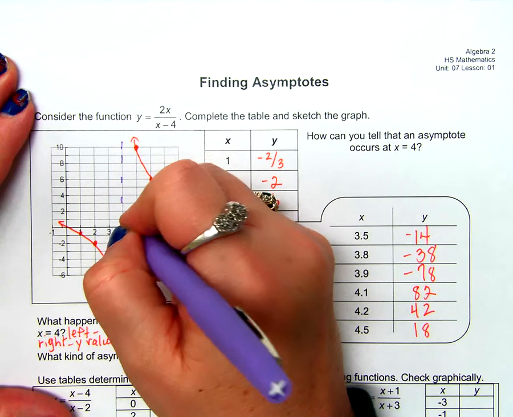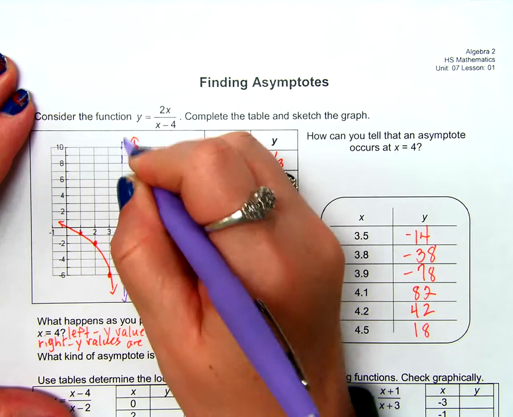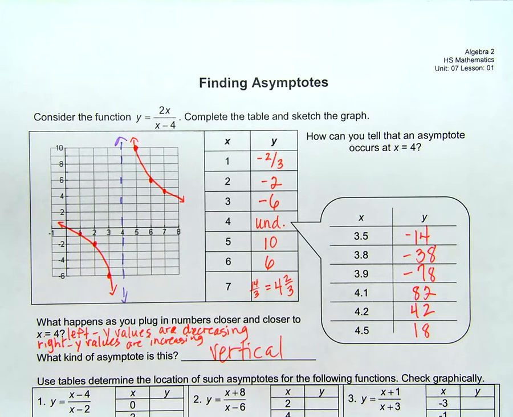Why do I draw it dotted? Because it's not really there, right? It's not really there. In fact, nothing is there. But I'm putting that dotted line, that asymptote there, to help me figure out the behavior of the graph. All right? You remember yesterday,